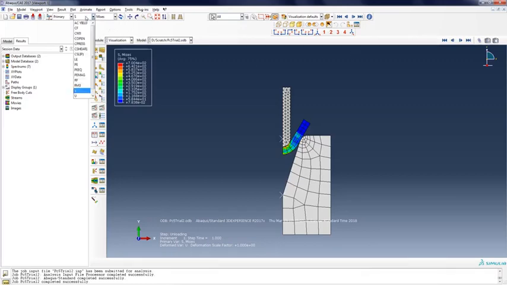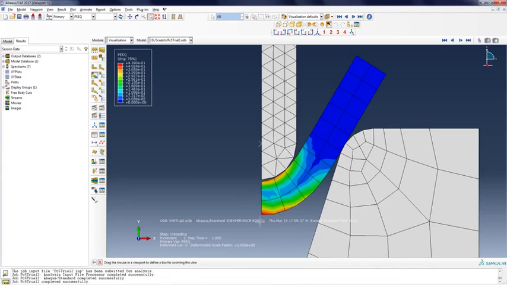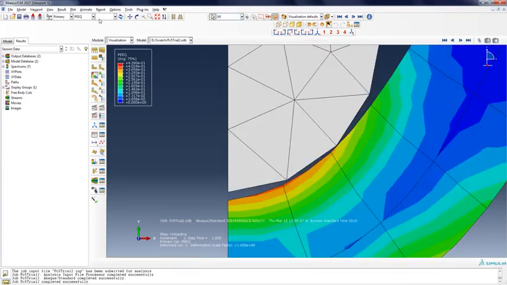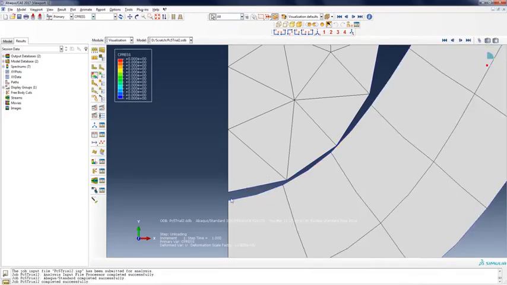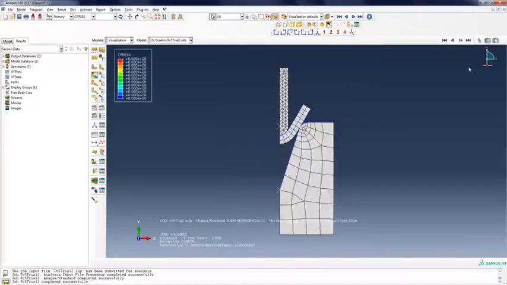and we can have a look at our plastic strain. Equivalent plastic strain is at 0.4. This is a lot, and we can have a zoomed view of what's going on here. You can see that one thing to note is a contact. Let's have a look at the contact pressure. Yeah, so here it's not very well shown, but this looks like all blue. Yes, or zero. This is because we are in the elastic spring back.